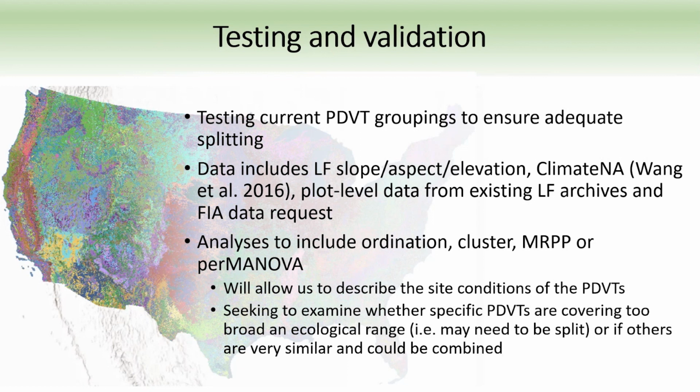What we are doing now that Wendell has created this first iteration is going in to look at the PDVT groupings to ensure that we haven't overgrouped, and to see places where we might need to split additional ones. Particularly in some of the developed areas that might still burn and might still have disturbance, seeing where we might need to go in and piece some of those out. Data that we're going to be pulling from includes the LANDFIRE slope, aspect and elevation,